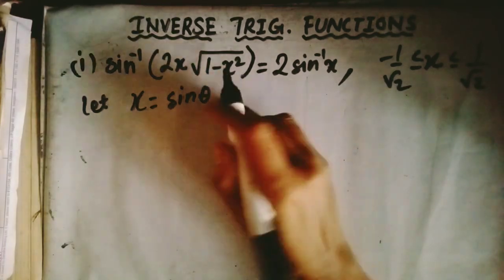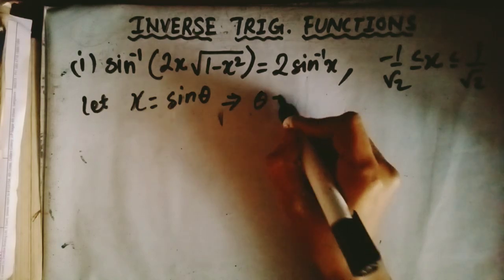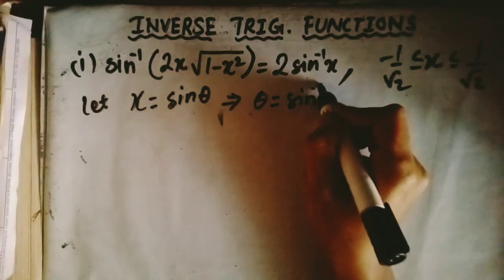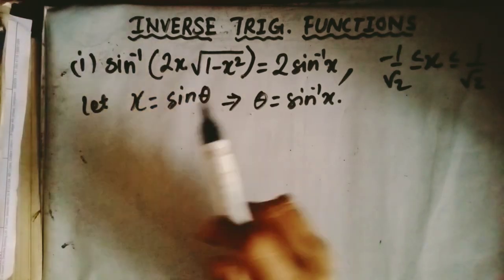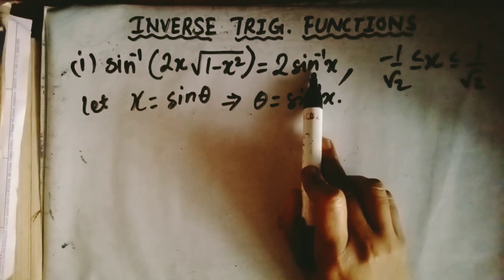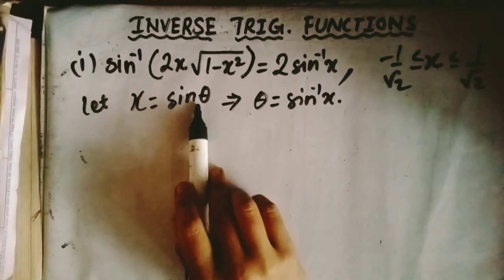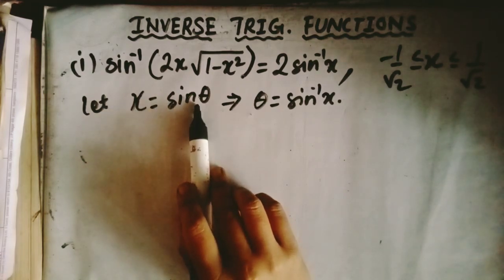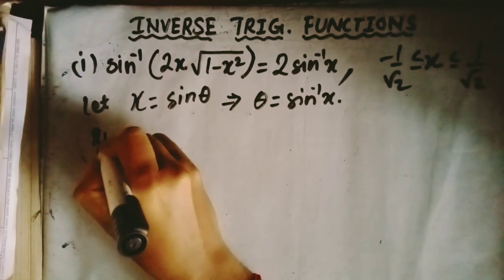So that your theta is sine inverse of x. We are substituting x equal to sine theta because here sine is there. When you want a result in terms of sine, you have to put x equal to sine theta. So substituting in RHS,